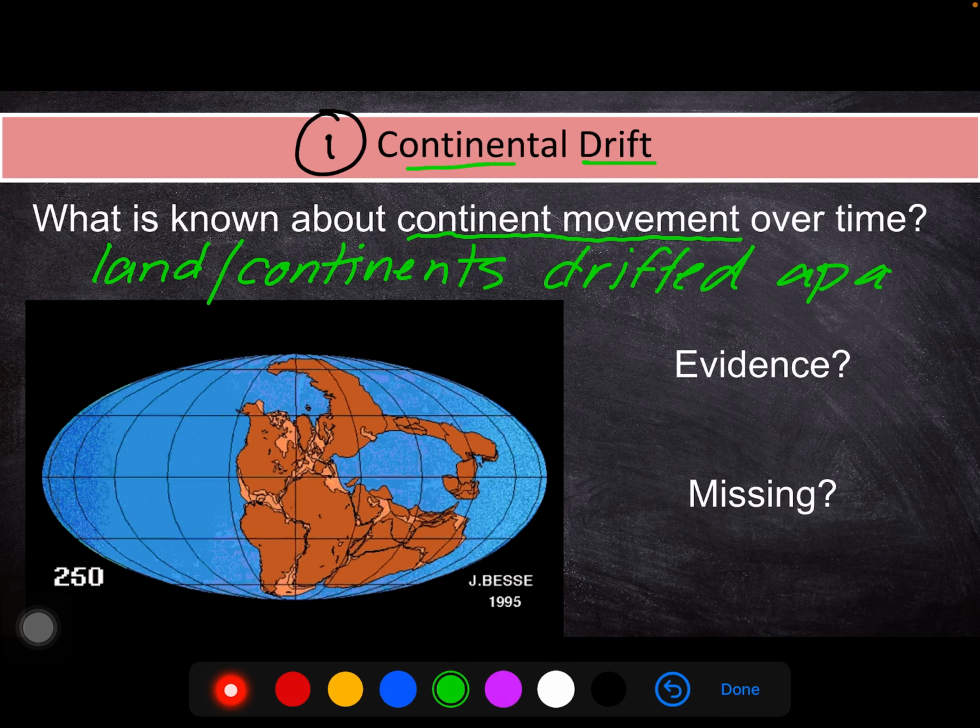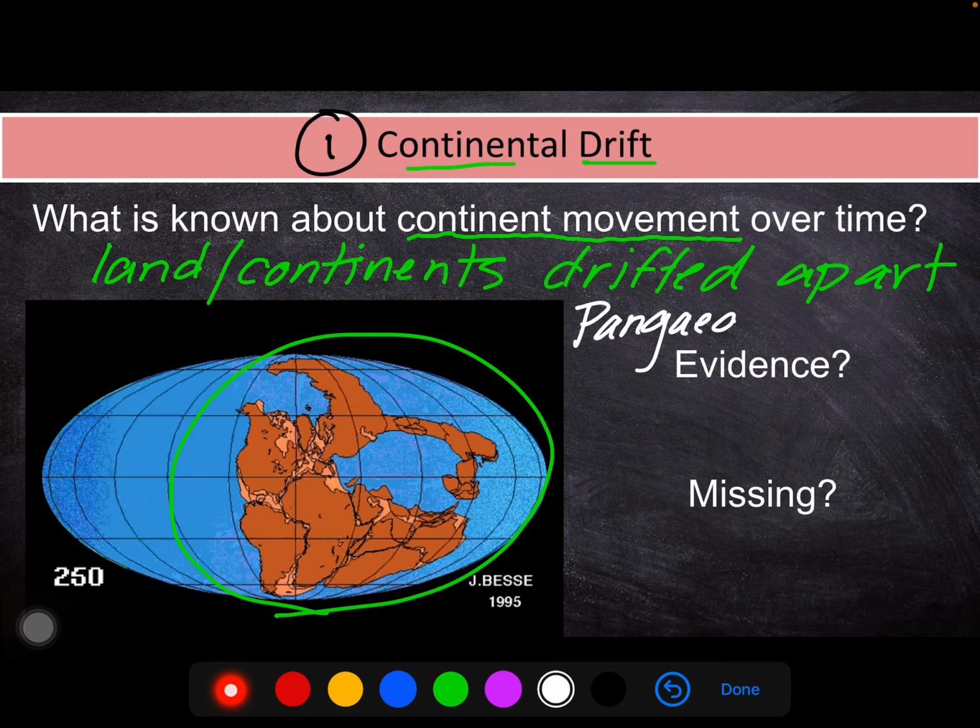And they've all separated from their original landmass, which we can see in this picture, and that was known as Pangea. And that actually means all land. And the idea here is that they started together and separated over time. And when we did our mapping activity, you were able to do that or kind of think about those ideas,